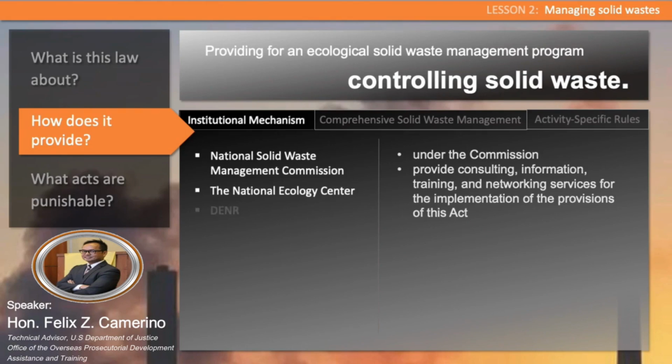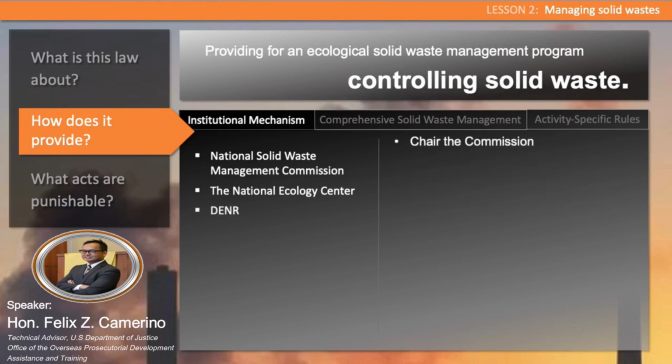Next is the DENR. As we know, the DENR is the lead agency on anything that deals with the environment. So naturally, they would also be the lead agency in controlling solid waste. And being that that's the case, they play into the Commission as the chair of that Commission. So that's one of the responsibilities or functions and powers provided by this law. Others include,